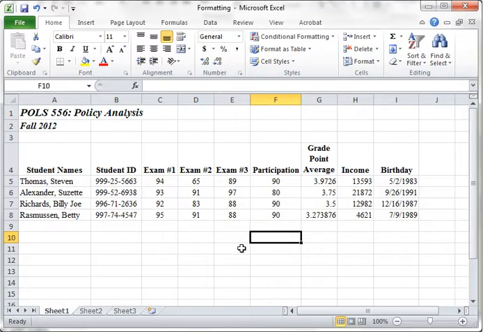Show you how to use number format commands. The first thing that we'll look at will be the grade point average. Notice that the grade point averages that have been entered thus far into the spreadsheet range anywhere from 1 decimal place up to 6 decimal places. I'd like to standardize those so that they all have the same number of decimals displayed, and we'll use 2,